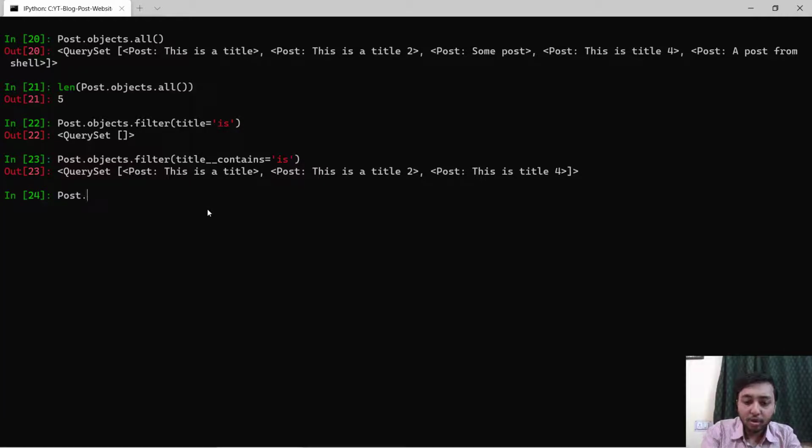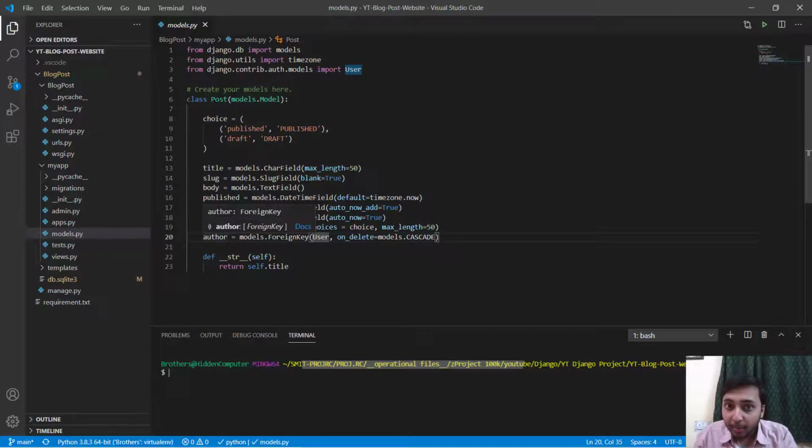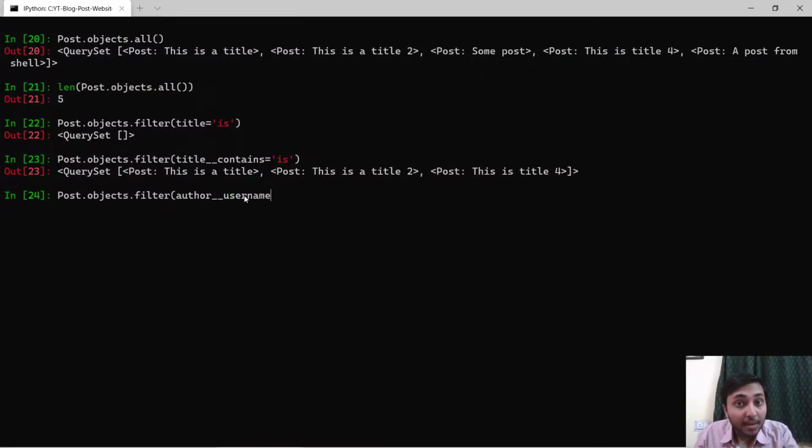I will say post dot objects dot filter, and let's say we want to filter with username. So I will say author underscore username. Right here you can see that we have only author inside our post model, but we don't have any username inside it. But username is inside the user model.